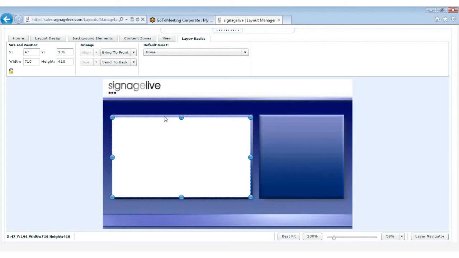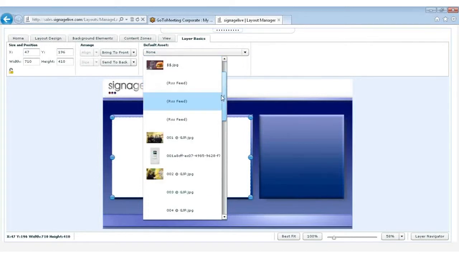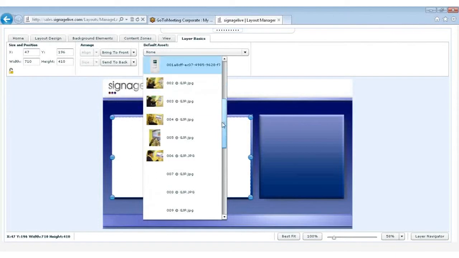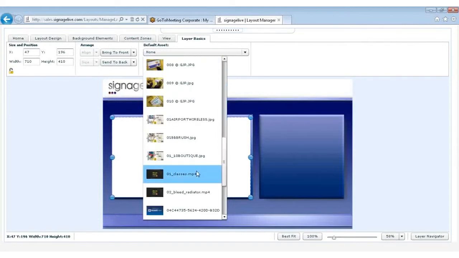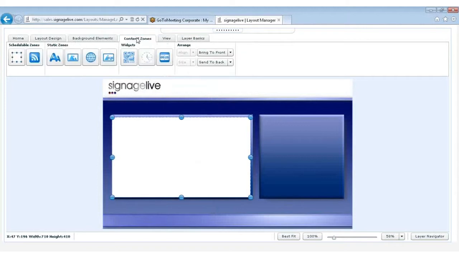What we can also do here, because this is a schedulable zone, is set a default asset. So when you don't have any playlists that are due to play in that zone, you can set something there as default. So that could be, for instance, a movie file, it could be a JPEG, so we'll just pop a movie file in there. So if we go back to our content zones,